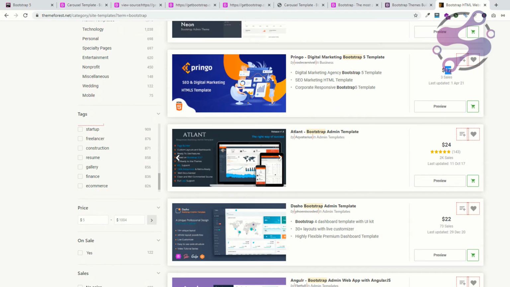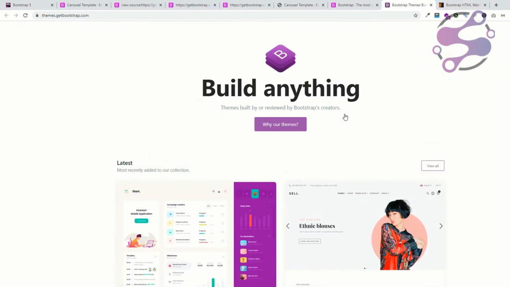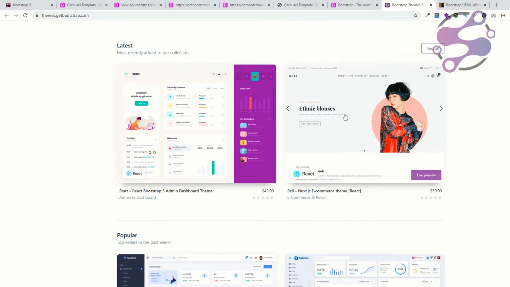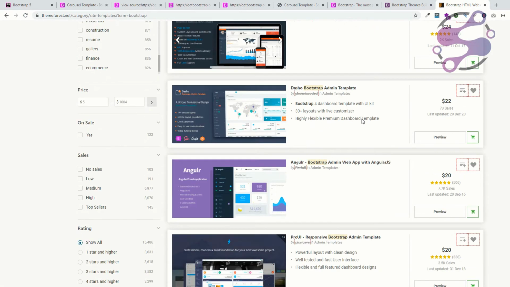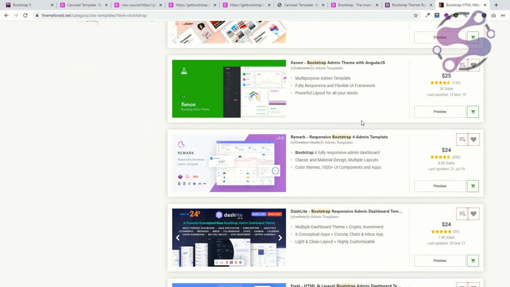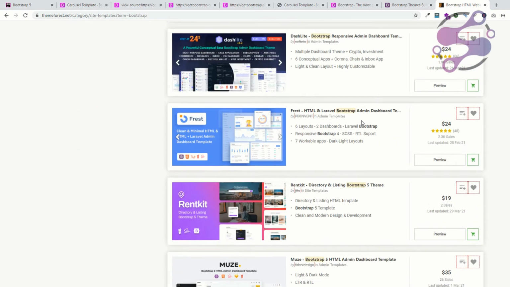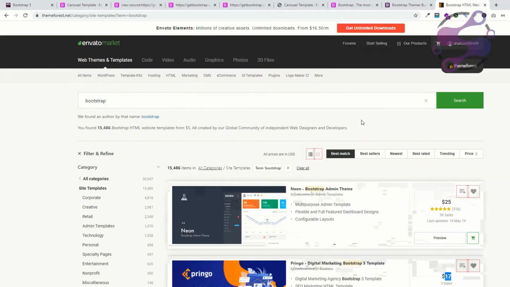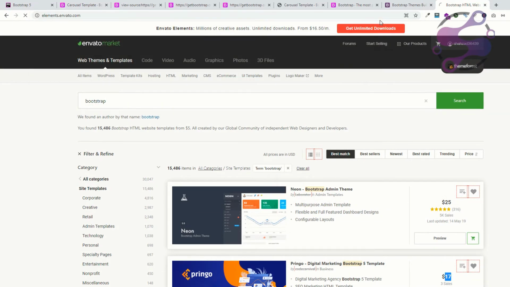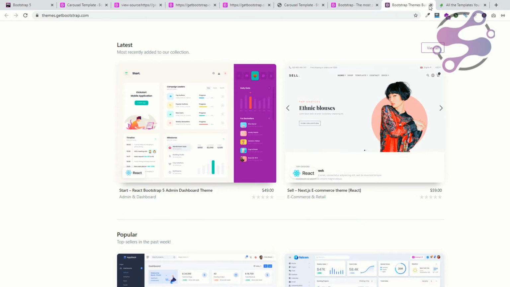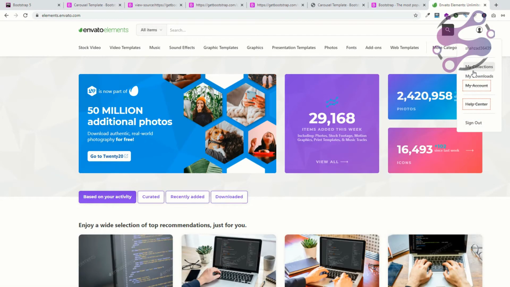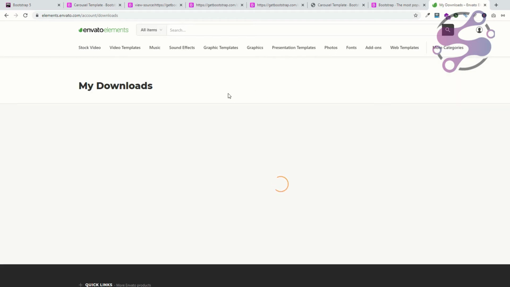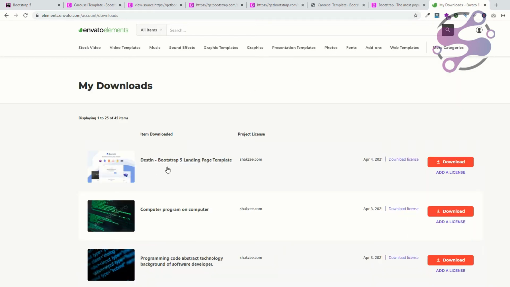As you can see, it's a $17 theme. Now in the Bootstrap official website, as you can see, it's $59. It's a huge amount. But here you can download any Bootstrap file under $25. It's up to you where you are purchasing your file. Okay, now I'm saying I have a subscription for this one, and now in the download sections, I have this